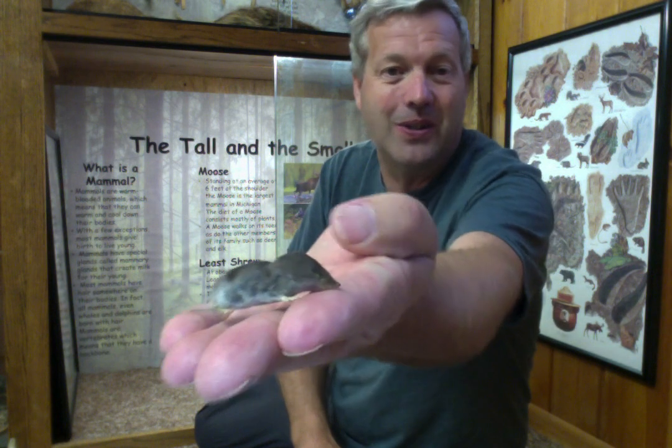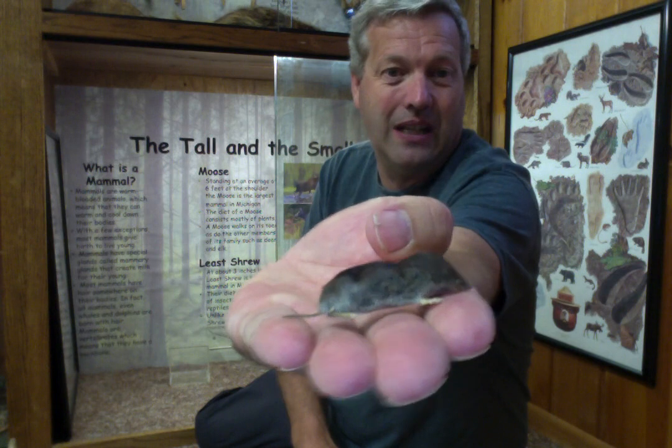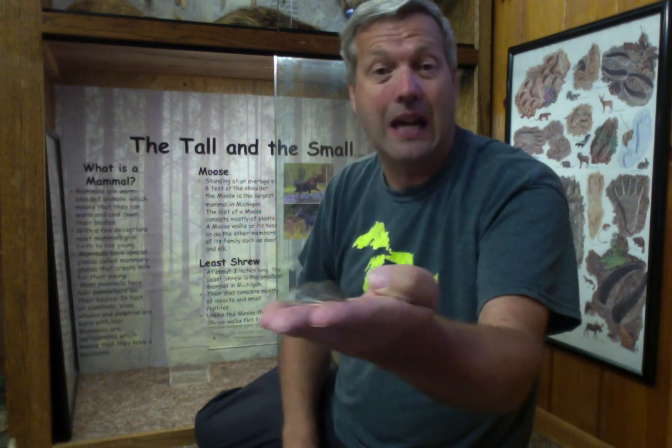I'll bring it a little closer so you can see. A lot of people think it's a mouse. It's got a very short tail, but it's actually not a mouse. It's a shrew. They have very sharp teeth, and they eat insects. And they live year-round here under the snow in the wintertime, and they go around and catch hibernating insects in the winter, and in the daytime or nighttime during summer, they'll be out and looking for insects that are crawling around. So that's our smallest